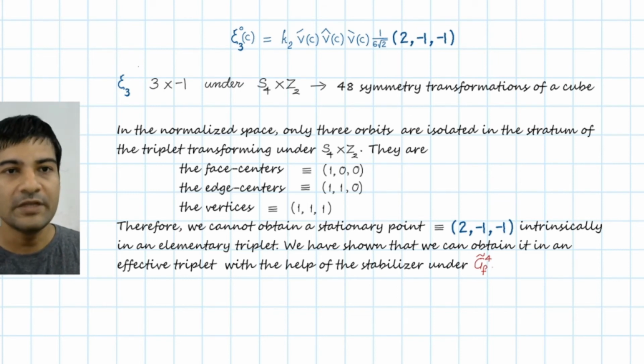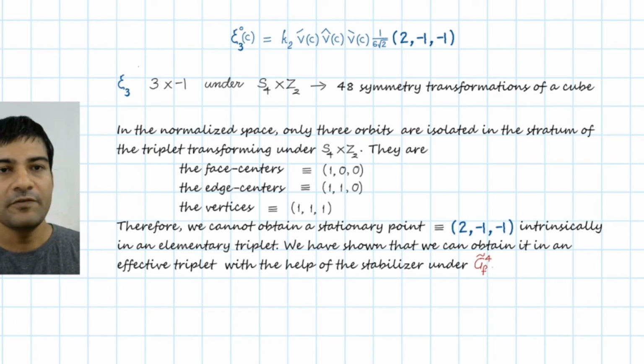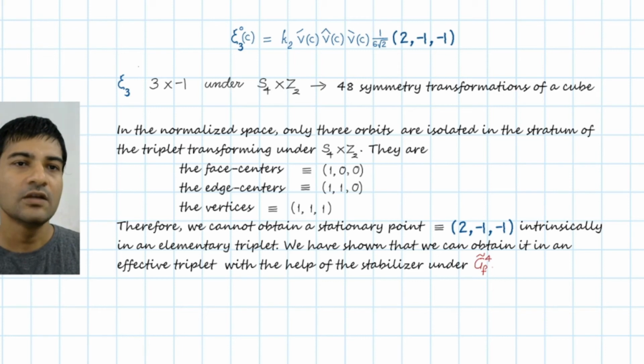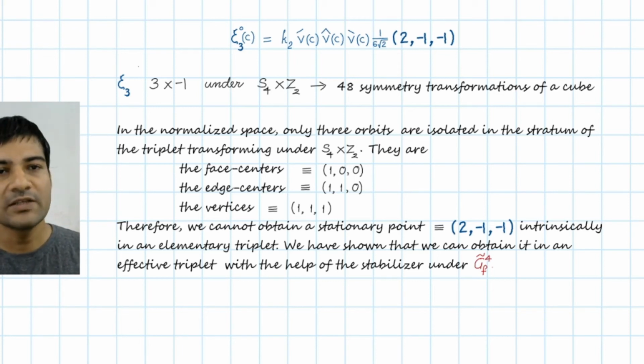Now my answer would be, if you carefully examine those papers, you will notice that authors had to impose constraints on the coefficients of their potential to obtain their results. As I said before, that is not good enough for us. In this paper, I have shown that orientations like 2, minus 1, minus 1 can be obtained entirely from group theoretical properties, independent of any kinds of constraints that you impose on the coefficients.